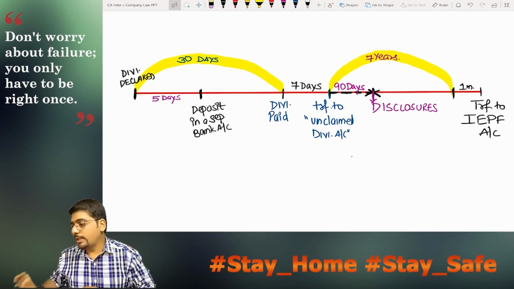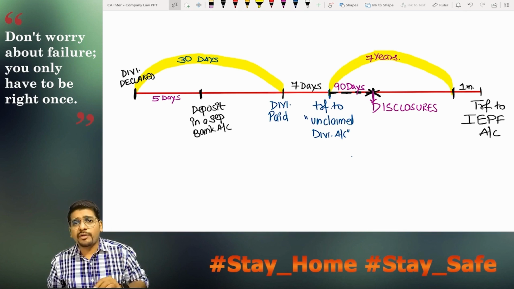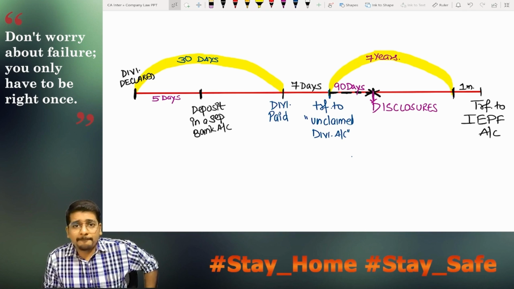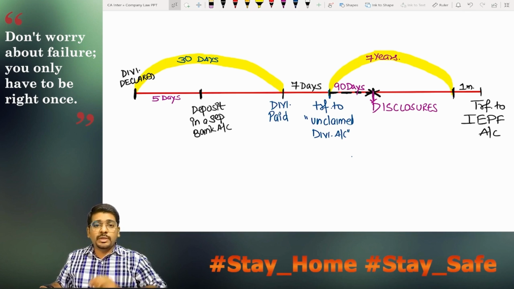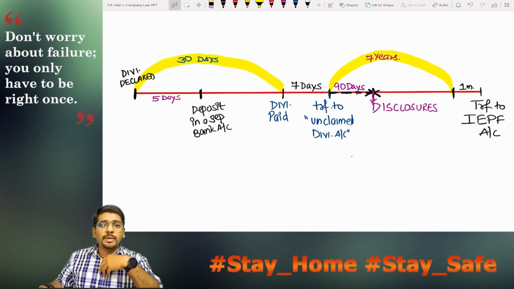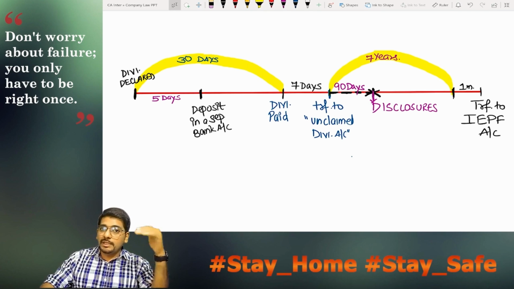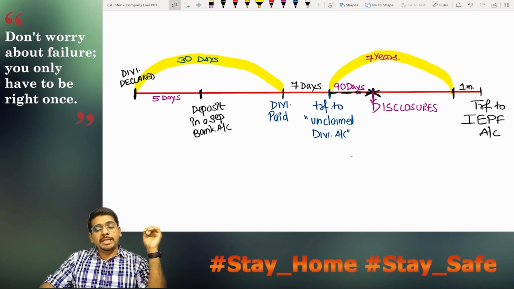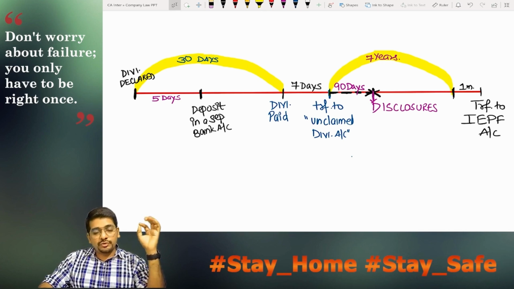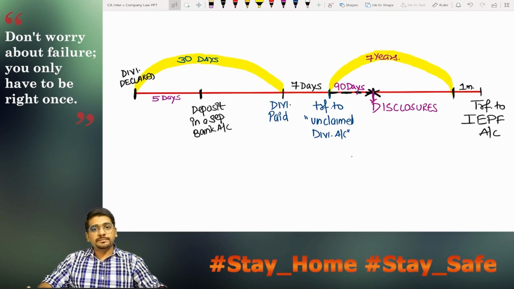So now my question over here is, sir, is it possible for me to claim the amount of my dividend after 7 years, when the money is already transferred to the IEPF, the Investors Education and Protection Fund? Is it possible or no? Yes. So the law has very well